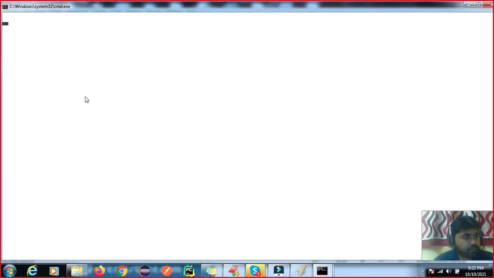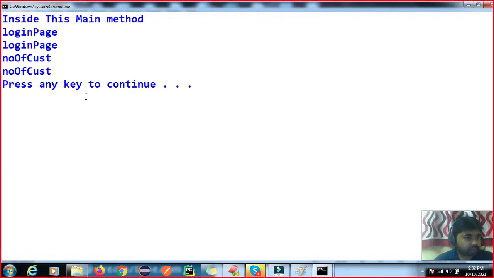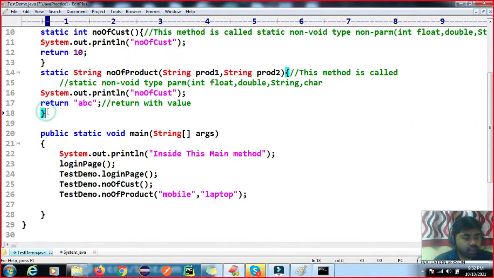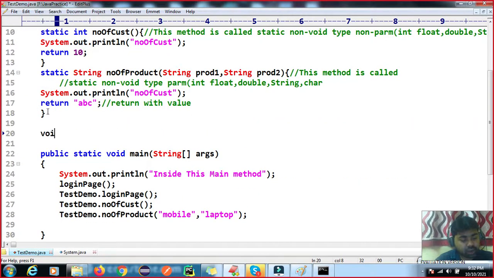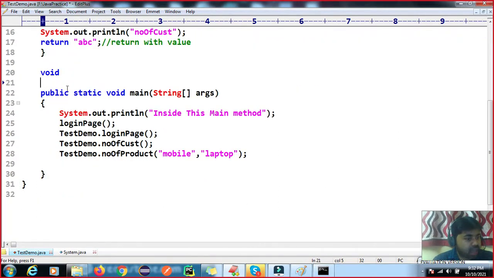Okay, so this is your static method. I'm going to create a non-static method. You can see I'm not using public static, because I have to create a non-static one.